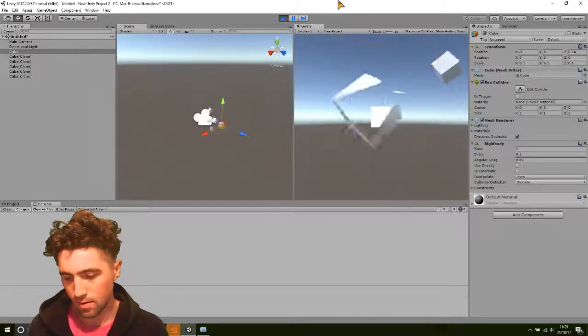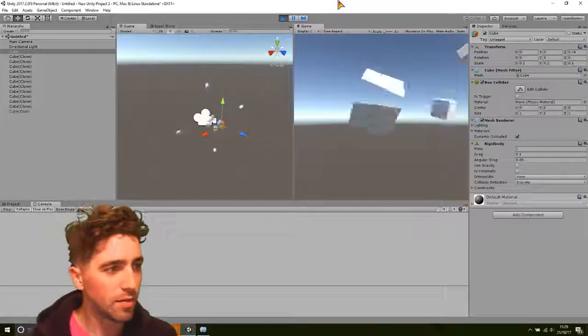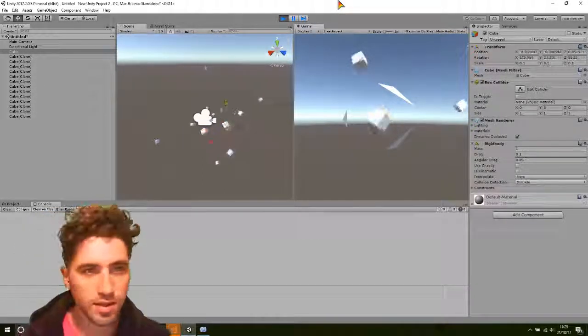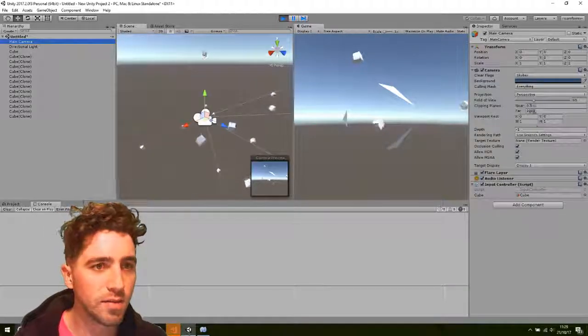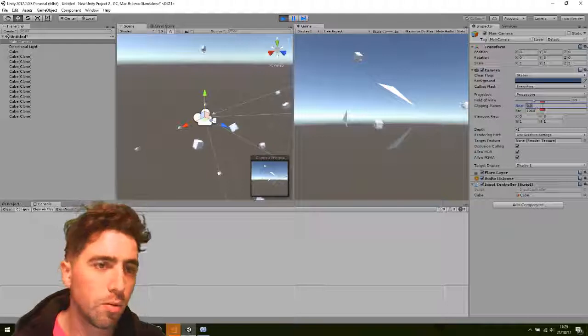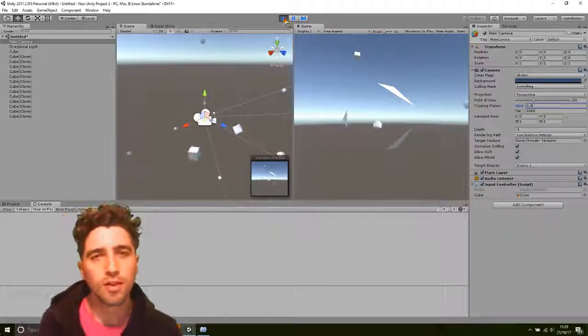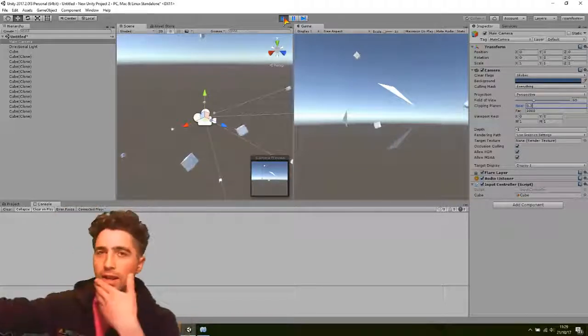So I'm sort of getting it. You see how there's kind of a break, where you can't really see what's going on, and then it happens. That's because we have this clipping. If you have a look at this main camera, we have clipping set to 0.3, 30 centimeters away. What that means is it's not going to render any objects that's